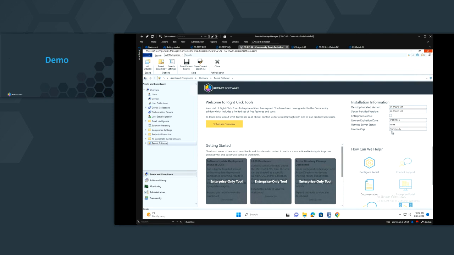And I am, in fact, on a community license, and so I just wanted to show that as part of it. So all the tools that I'll be running here are still with that community license. So first thing that I am going to show is us going ahead, and I'm going to move this, and